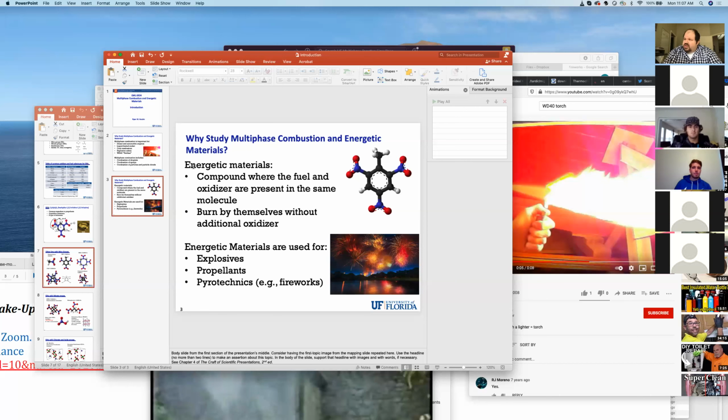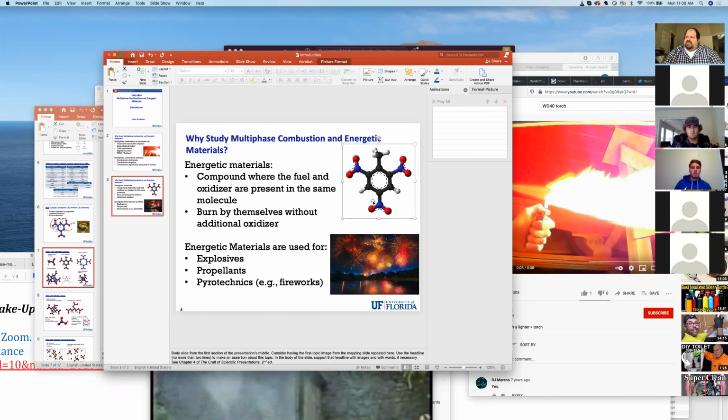But an energetic material, on the other hand, is a compound where the fuel atoms and the oxidizer atoms are present in the exact same molecule. So here is the TNT molecule. The black atoms are carbon. The white atoms are hydrogen. The blue atoms are nitrogen. And the red atoms are oxygen. You can see this structure here is really a remnant of a benzene ring. It's a fuel-rich structure containing